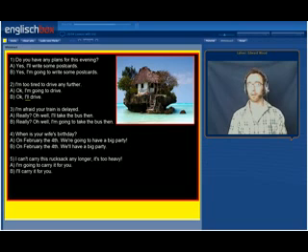Number 4, when is your wife's birthday? Possible responses, on February the 4th, we're going to have a big party. Or, on February the 4th, we'll have a big party. Again, letter A sounds the best because you're talking about a planned action. Number 5, I can't carry this rucksack any longer. Possible responses, I'm going to carry it for you, or I'll carry it for you. Again, B would be the best response because you decide this action in the moment. It's not a planned action.